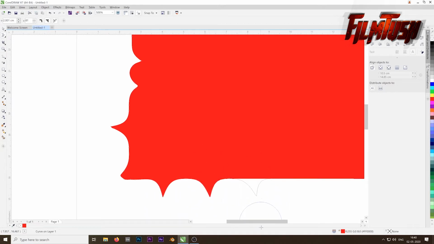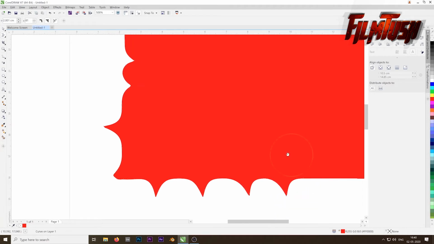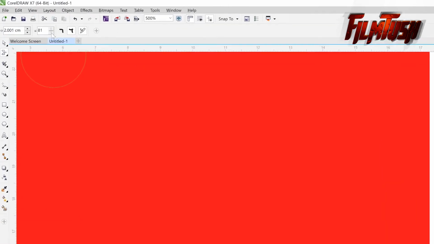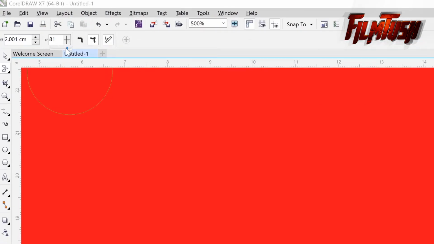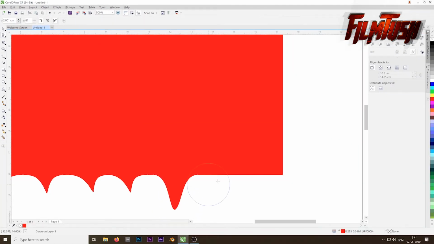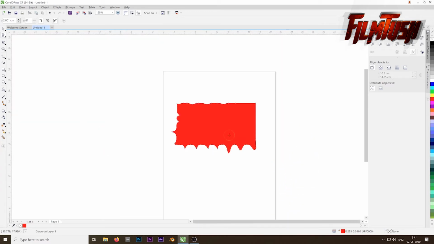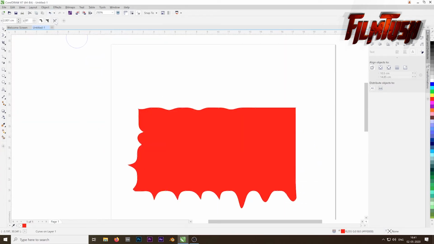Very sharp edges. Tweak the pressure value and you will have some cool effects. Also toggle between smooth and pointy. And the last option is pen pressure. If you have a pen tablet, you can use this option.